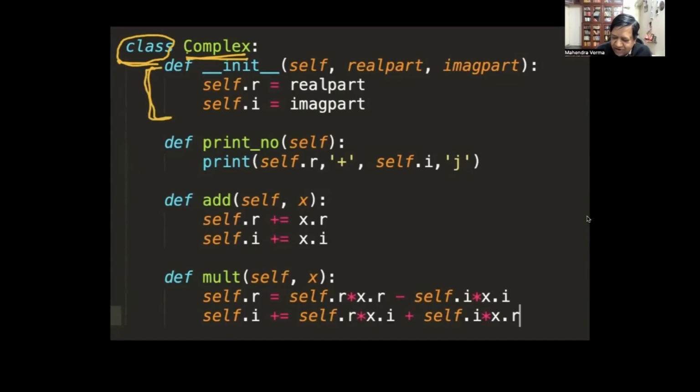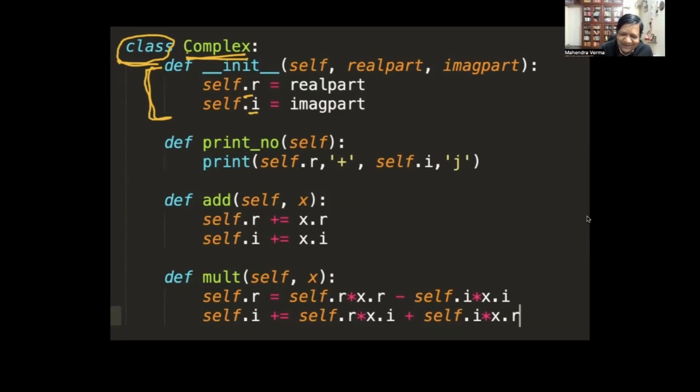Remember, in Python, we don't declare the variables. int, float, all that is not required. We straight away get into initialization. So I have the real part and imaginary part of that object. Right now I have not created the object.